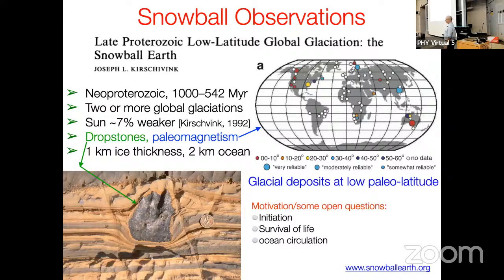In addition to that, you can then use magnetic evidence all over the world. When you see a point that is red here, these points right here and here over there, that means that 500 million years ago, these points that have dropstones were close to the equator. Long story, I have to find this out. So we have evidence that these places, because of continental migration and so on, were at the equator and have dropstones. So this tells us that there was ice at the equator, and from that we conclude that there was ice everywhere. That's the evidence for these snowball events. Make sense? Questions? Yes.